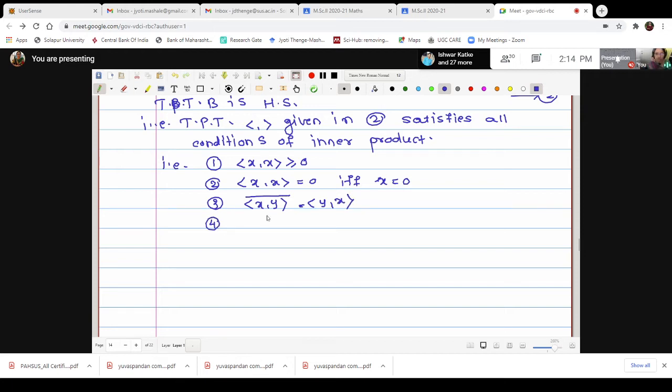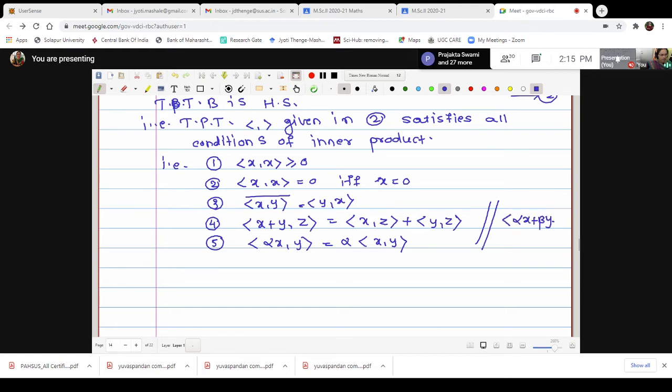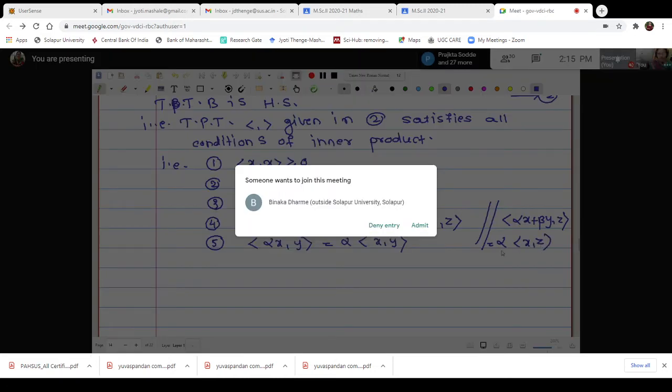Fourth is actually a property regarding linear combination in the first coordinate, but here we will separate it into 2 parts. First I will write it with respect to addition: inner product x plus y with z is inner product x with z plus inner product y with z. Number 5 is inner product alpha x with y is alpha times inner product x with y. Actually, combining these two, the statement is that inner product of alpha x plus beta y with z is alpha times inner product x with z